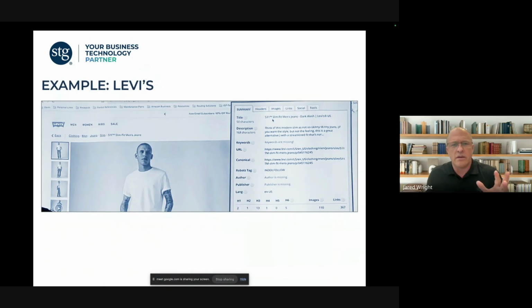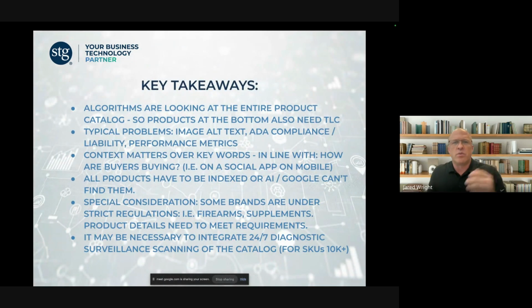So this was a great deep dive into how AI is being used to optimize the user experience as a UX designer, to be able to go in and make sure that product detail pages are meeting the best qualifications in order to be retrievable and discoverable on AI. So the takeaways were,